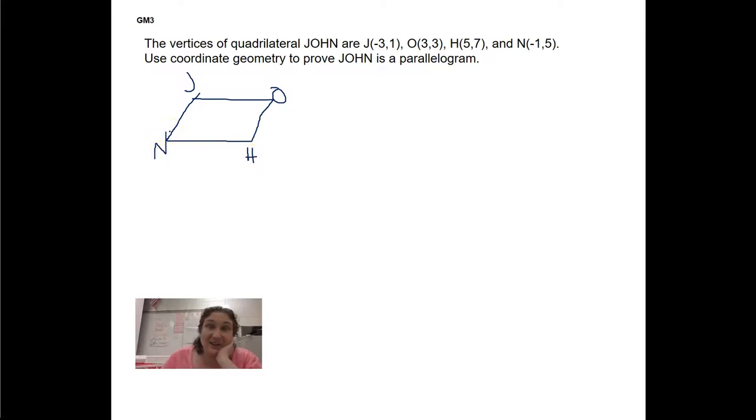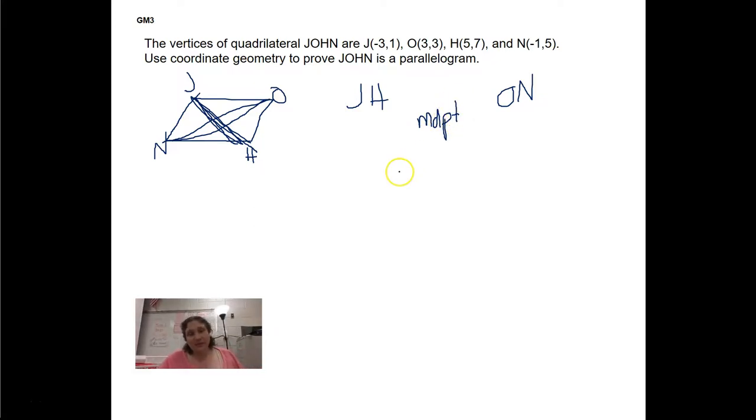So the midpoint formula says that if the diagonals bisect each other, so if the middle of JH is the same as the middle of ON, then we're golden. So we're going to do JH, ON, and we're doing midpoint. So how do we do midpoint? Add the x, divide by 2. Add the y, divide by 2. So I'm going to add -3 plus 5, because I'm doing JH, dividing by 2